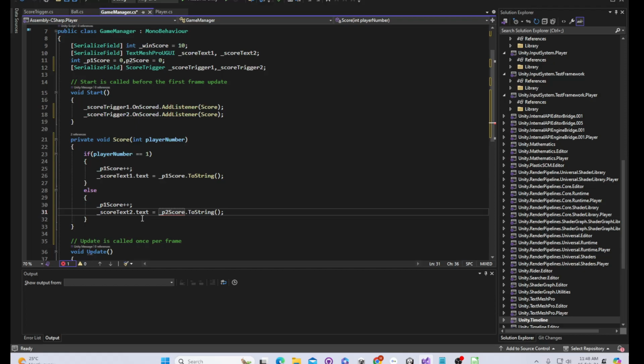So basically, if it comes in and player number is 1, then player 1 score gets incremented and the score for player 1 gets set. Otherwise, player 2 score gets incremented and its display is set. Okay, now